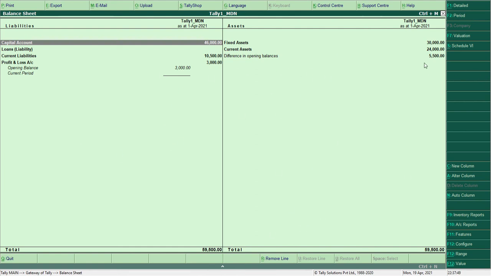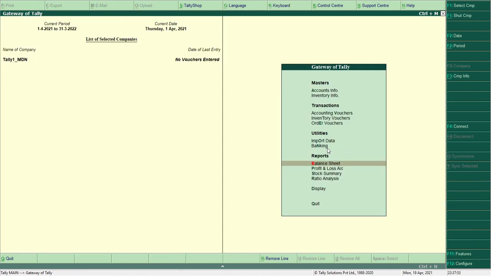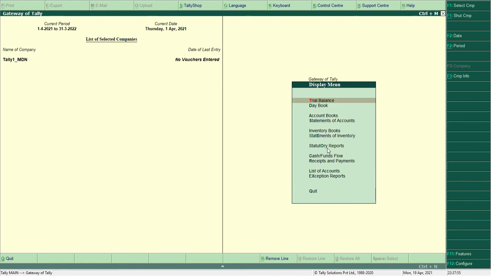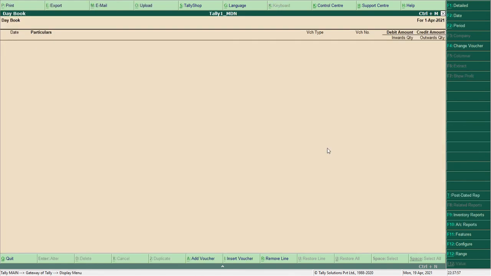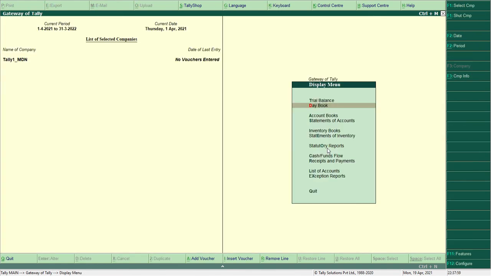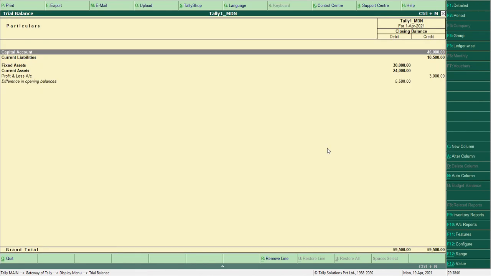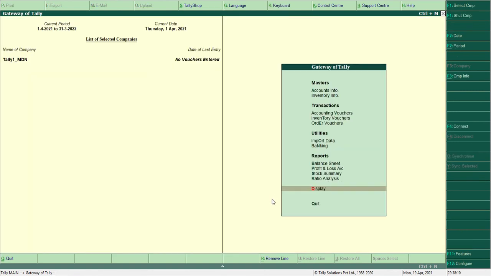Now the difference in opening balance is 5,500 because I have not added the stock item as yet. Display trial balance. So I'm still getting a difference in opening balance of 5,500. So I have not entered the stock. That stock I have to enter now.